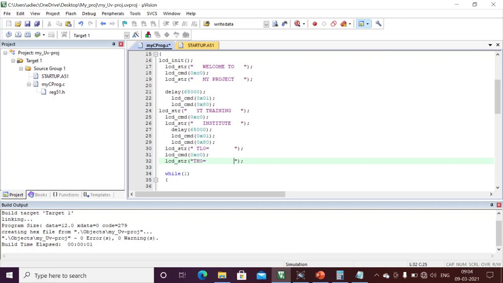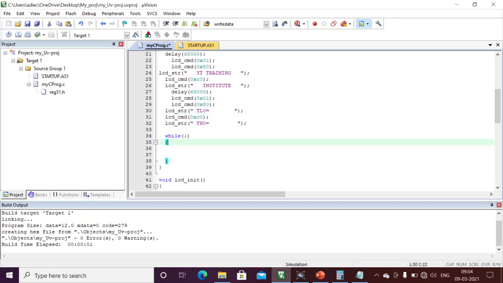Right now I am just displaying the content TH0 and TL0. Here I am going to display my content from here. Here I will write the LCD command. Here I will write my program: TMOD equal to 0x05. Here I just initialized with 05, which means